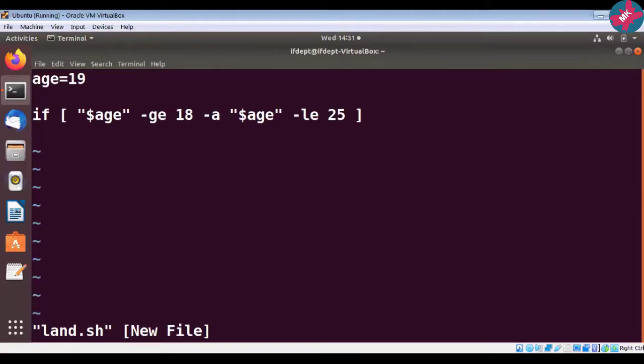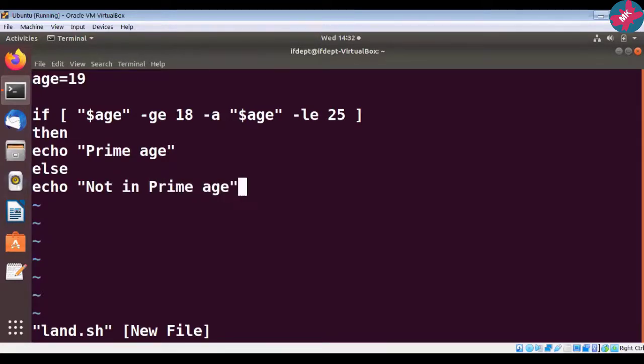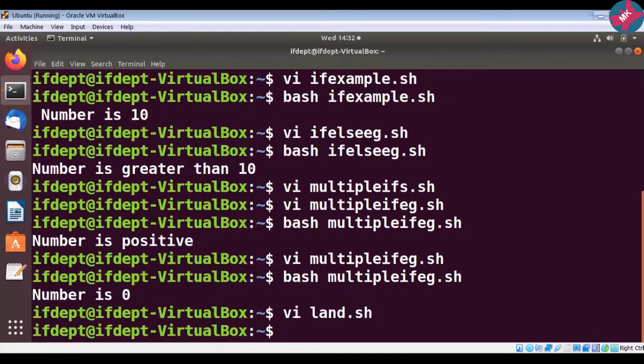So if age is greater than or equal to 18 and age is less than or equal to 25, here I will write then. What do I want to display? Echo "prime age", or else I just want to display "not in prime age", and then terminate it with fi. Press escape WQ, save it, come outside.